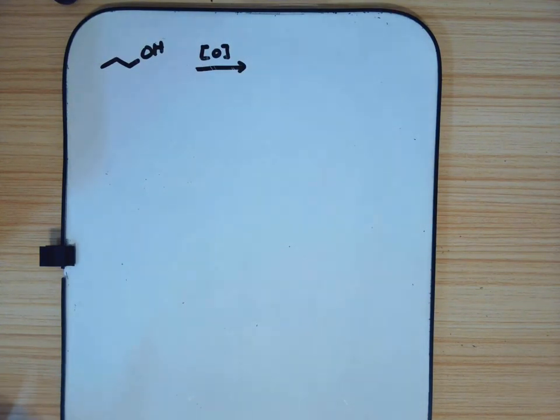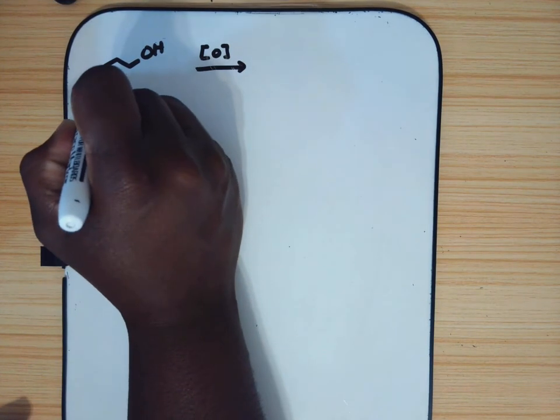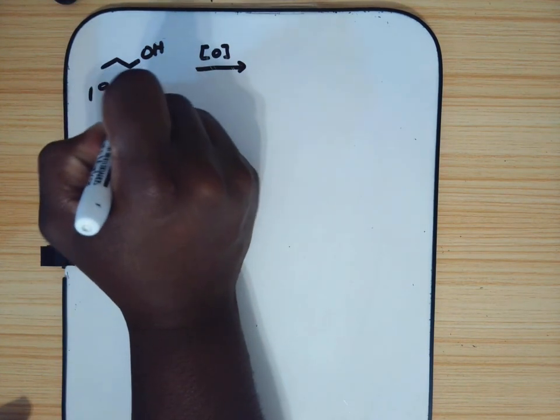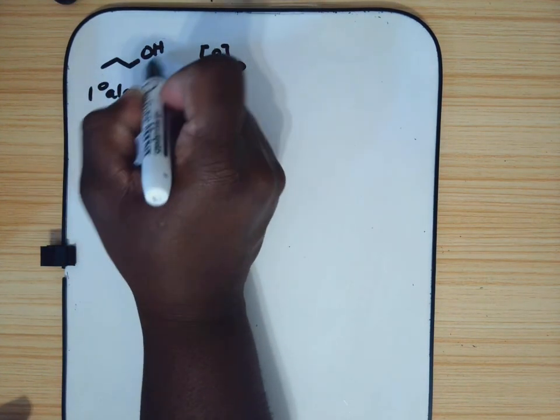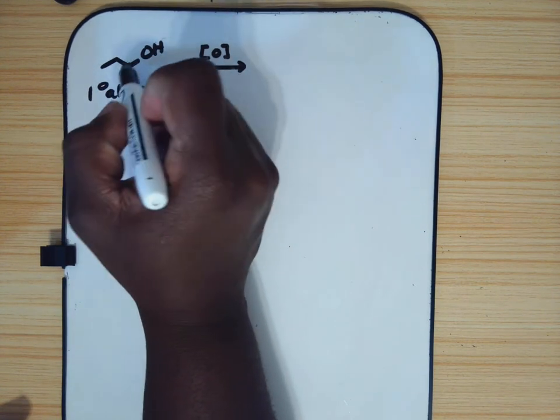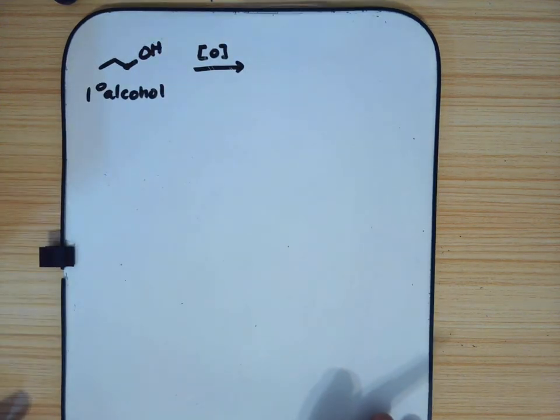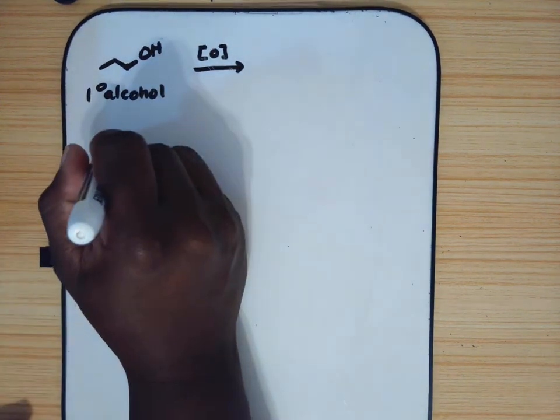In this video, we're going to look at redox reactions involving functional groups that contain heteroatoms. Recall, heteroatoms are any atom besides carbon and hydrogen. In this case, we have an alcohol. More specifically, we have a primary alcohol, and we know that because we can identify where that alcohol functional group is located to identify the alcoholic carbon, and we can see that there is only one carbon atom directly bonded to it. So I'll just go ahead and redraw this